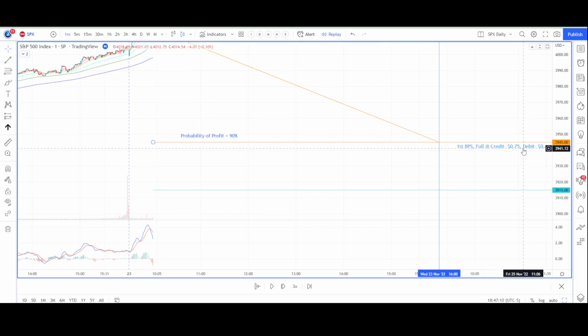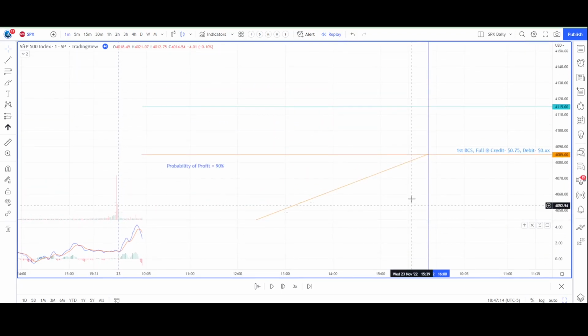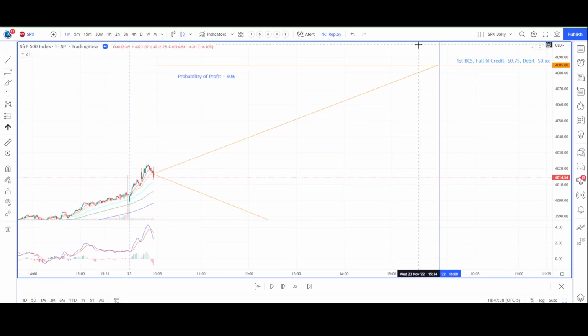If we are bearish on the day, we'll typically look to open a bear call spread with the short leg somewhere in the 4 to 6 delta range and the long leg again 30 points further out of the money. So it might look something like this. In this example, we sold the 40.85 call and we bought the 41.15 call. And our net credit was, again, let's just say 75 cents.